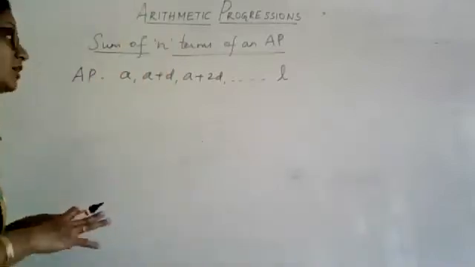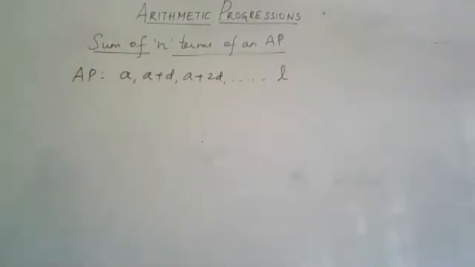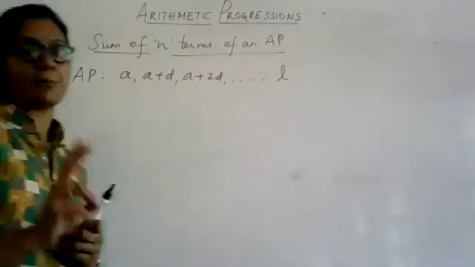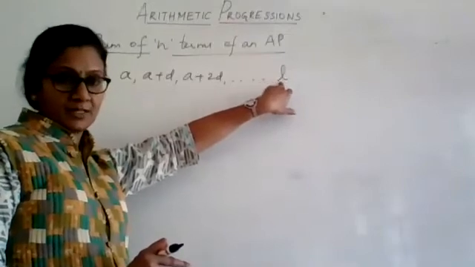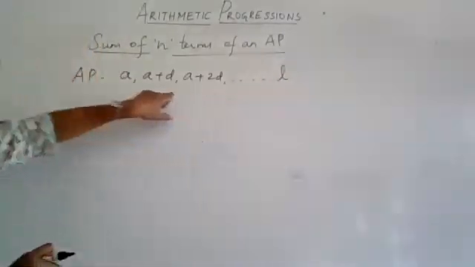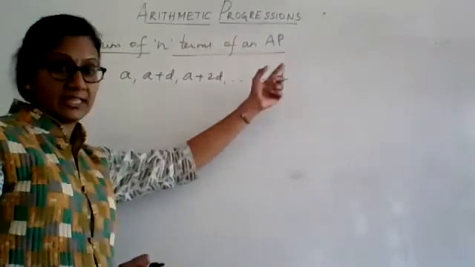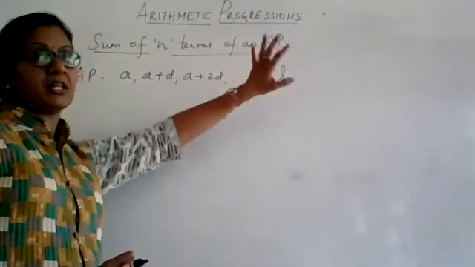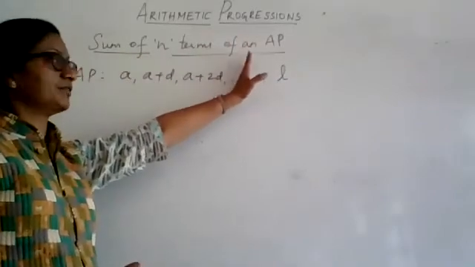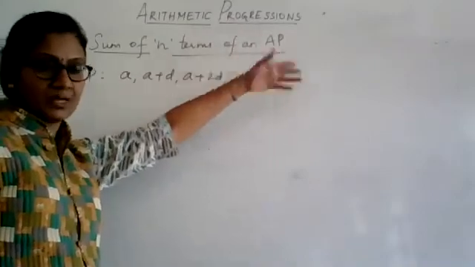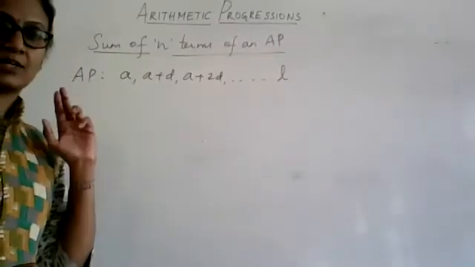So if I want to add a specific number of terms in a given AP, there is a formula which will help me do this. There are two ways to apply this formula. Sometimes in the AP, the last term will be mentioned. Once you have the last term and the AP given to you, then there is a particular formula to find the sum of all those terms till that last term. Or if the last term is not known, you are just told this is the AP and I want to find the sum of the first 10 terms, maybe 10 terms, 20 terms, 200 terms or 400 terms, whatever it is. So there are two different ways you can look at this formula.